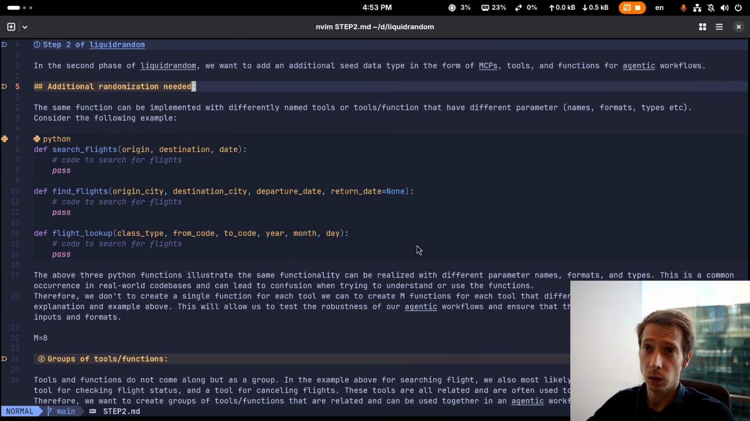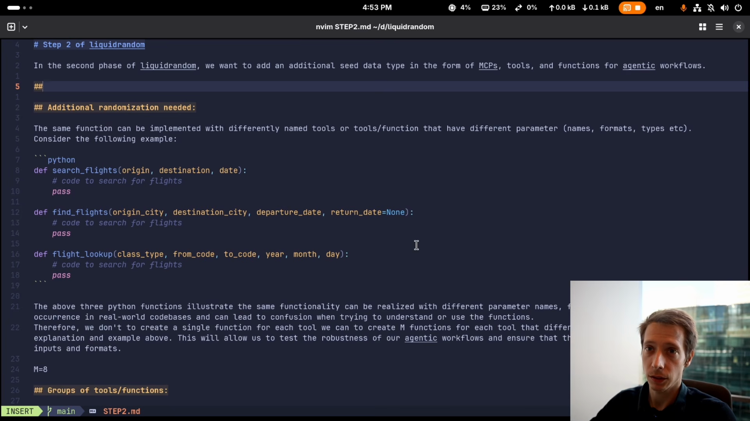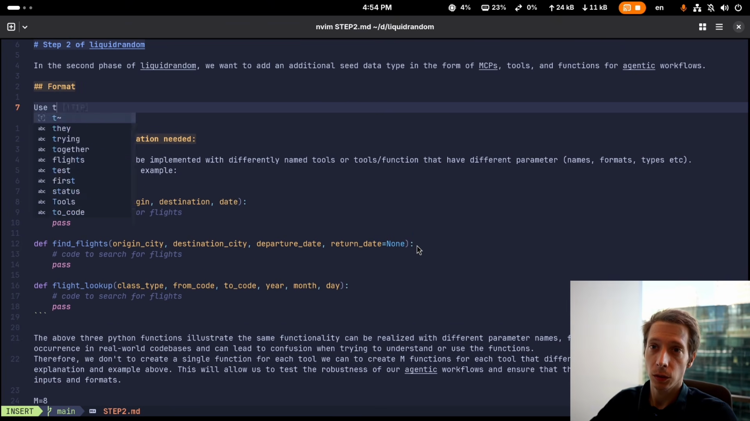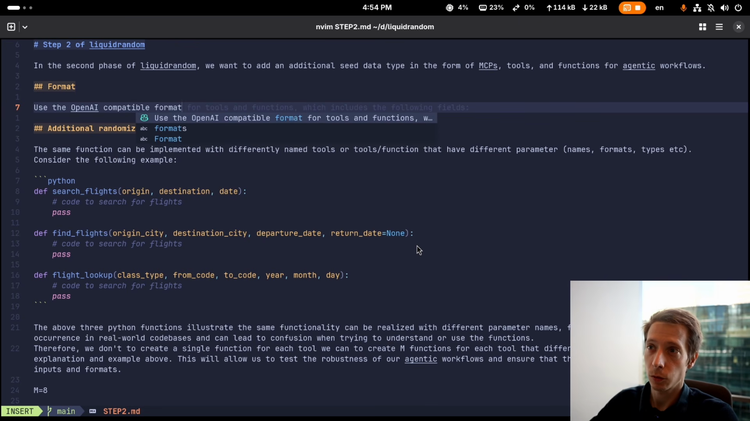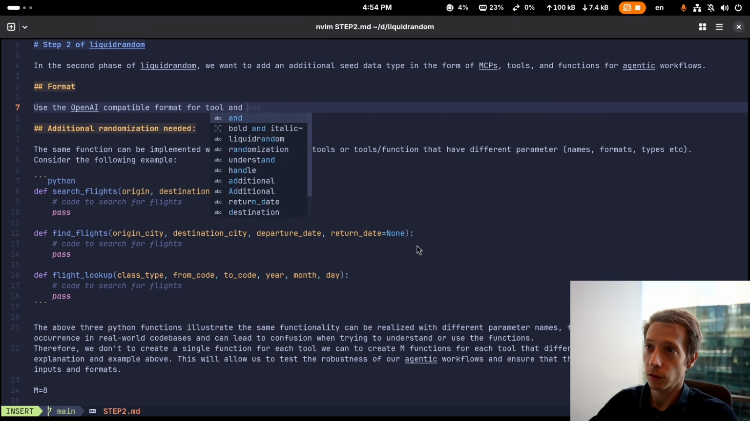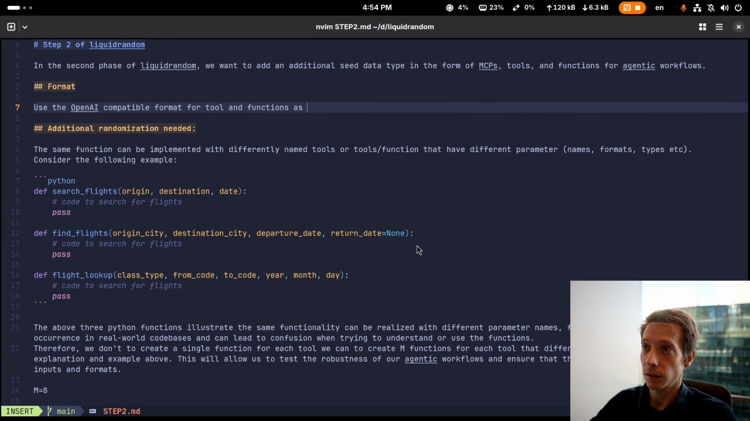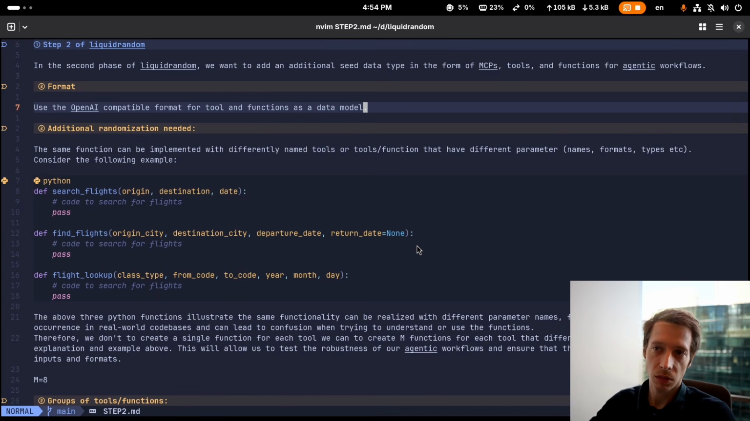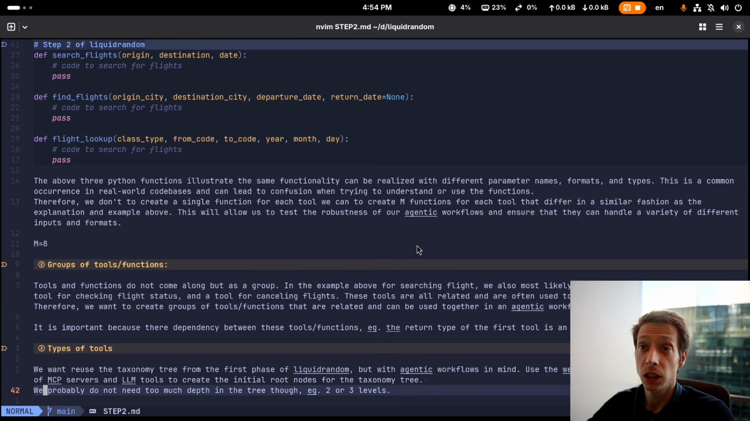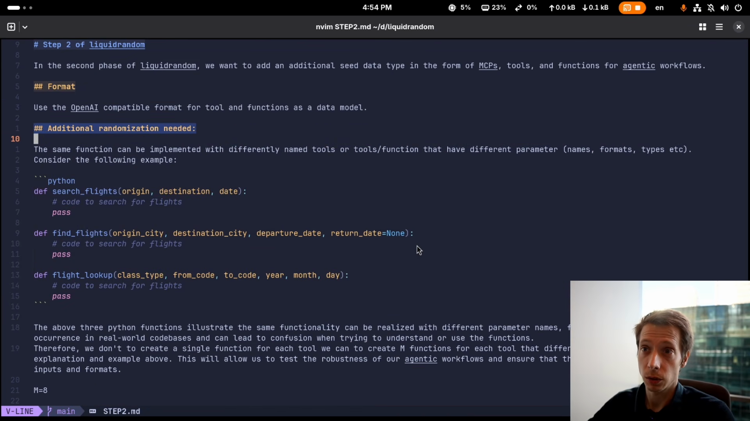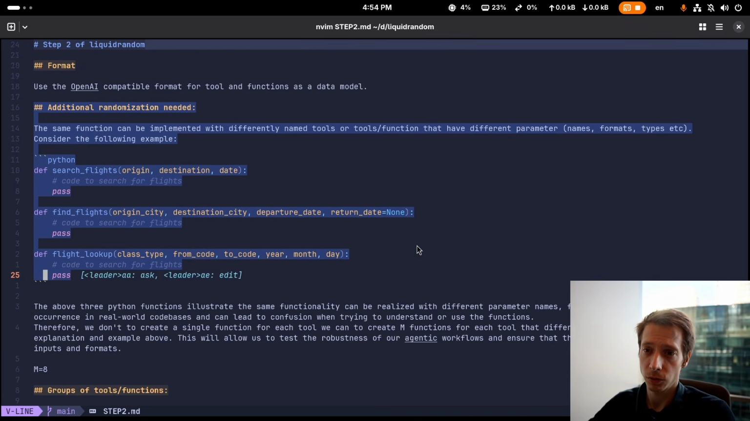So we talked about that we want to have functions. Format, actually, that's another point. Use the OpenAI compatible format for tools and functions as a data model. That's good enough. It should be a data model, it shouldn't be unstructured, just a string or so. Then we talked about the additional randomization that we needed, because we can have the same tool